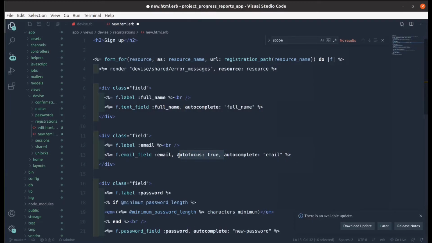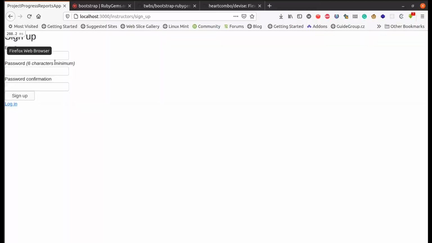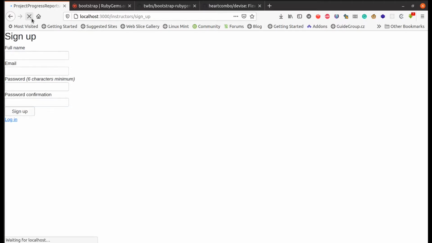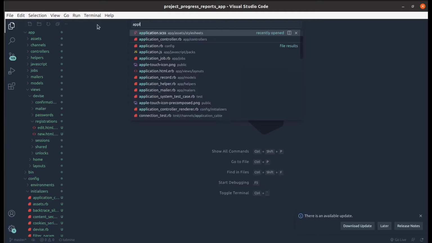You can leave it if you like it. And that's it. So if we reload our sign up page, we can see that our full name field appears in our view. So even when we go to the students,